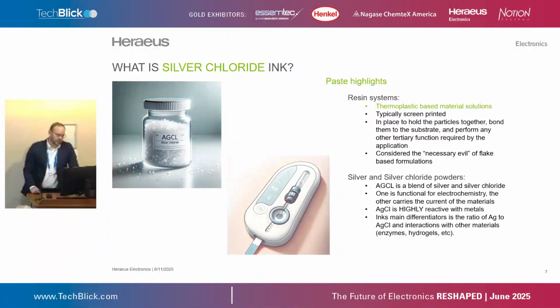But really looking at the silver and silver chloride powders. As I said, it's a blend. You as people who use these materials know that you're buying a blend, and that's really the core business of what a printed conductive material is for silver chloride. Those blends can be adjusted by us relatively easily, but I will tell you as paste manufacturers, we very rarely know exactly what